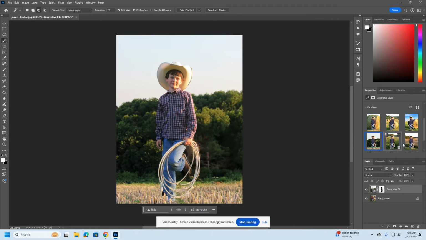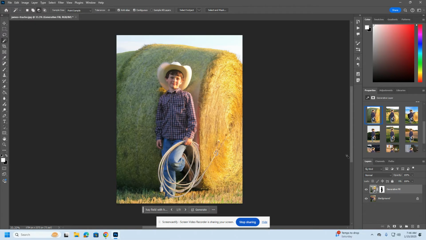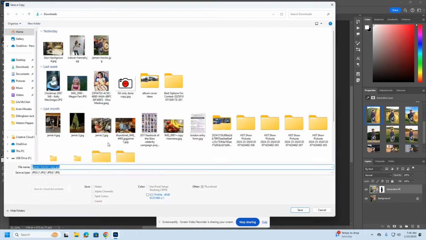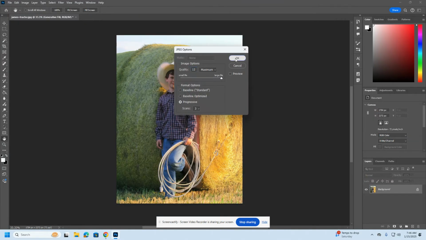So go through all of the backgrounds it gives you. Again, mine is going to be different than yours. I kind of like that one from the first set, and then this one. Not bad for AI. Once you find one that you like the best, file, save a copy. Call it Copy Done. Make sure that goes to your downloads, and that's the one you're going to turn in on